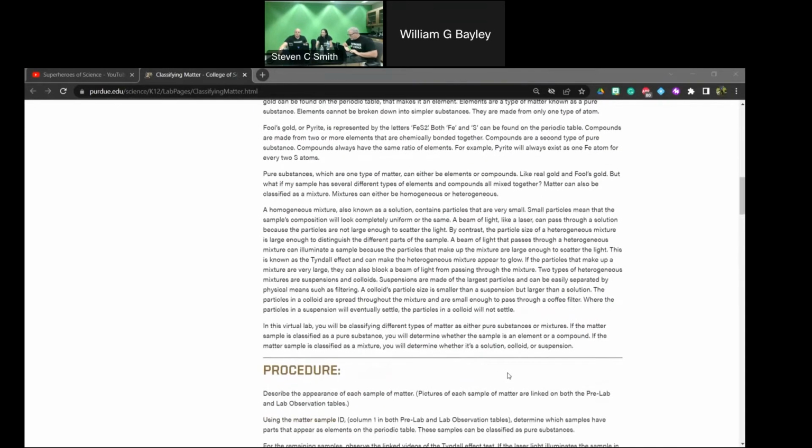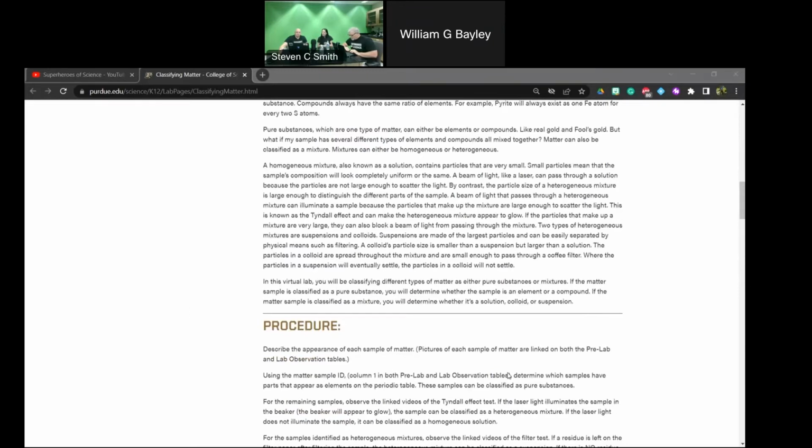So the point of this virtual lab is to have students classify some different types of samples as either homogeneous, heterogeneous, or elements or compounds. Okay, perfect. Yes, and a solution, I'm going to say, is synonymous with a homogeneous mixture. That's what solutions are describing, and if it's a heterogeneous mixture, I wouldn't use the word solution to describe that.